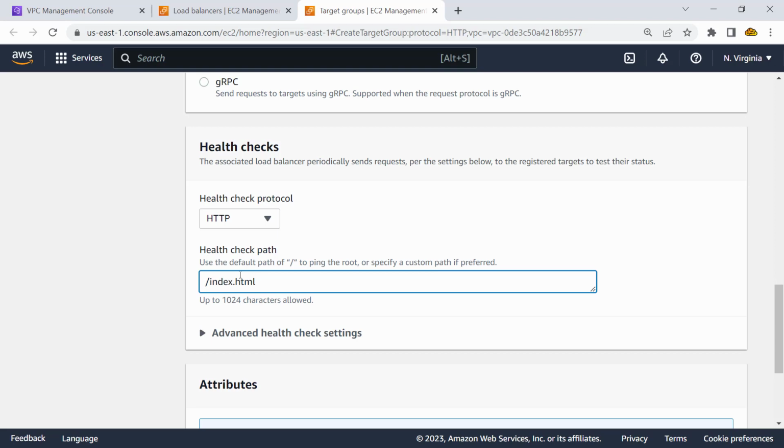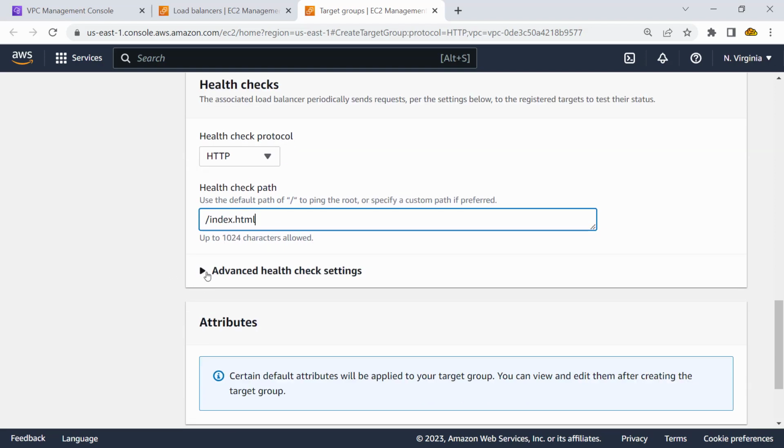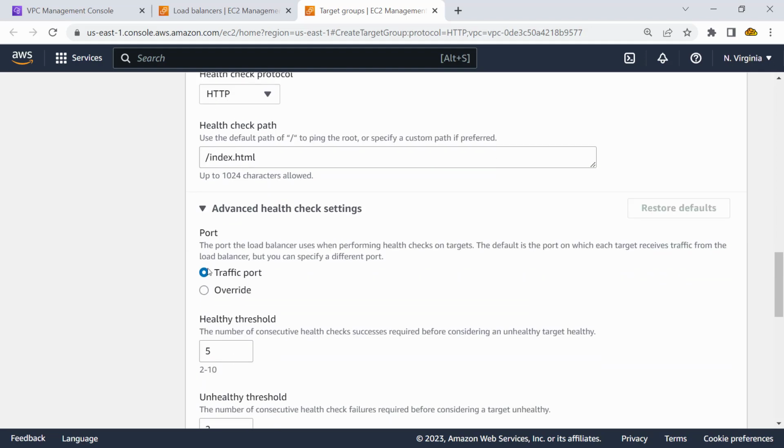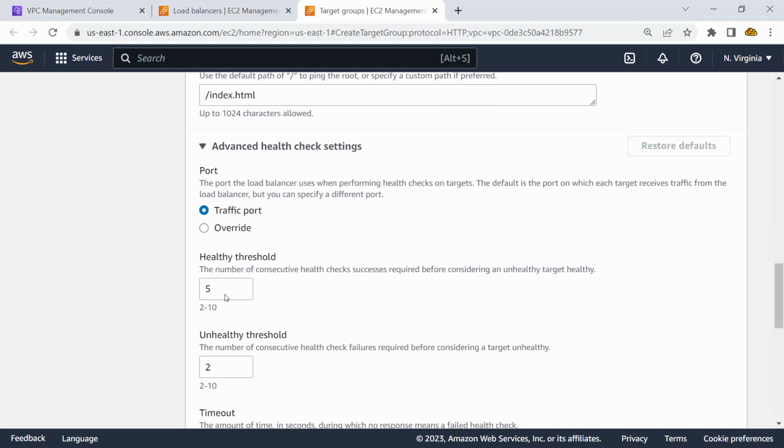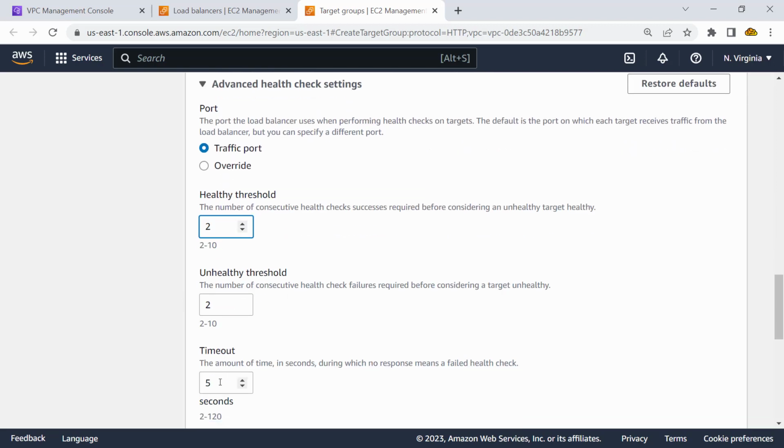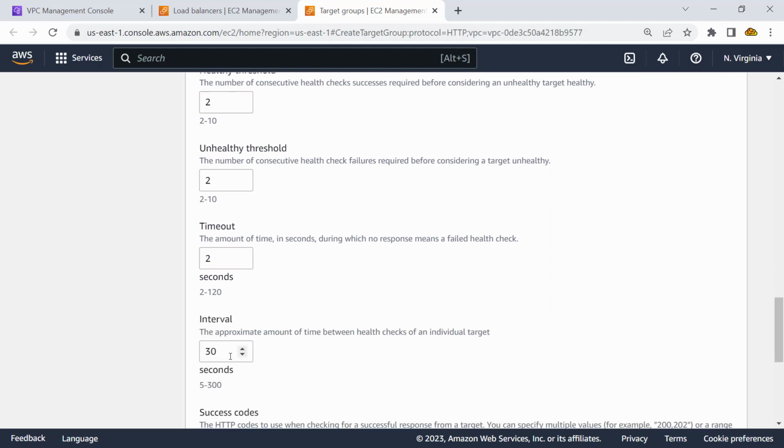So load balancer won't forward traffic to unhealthy instances. So we need to ensure that whatever health check we are configuring is there on the instance and it responds. We could configure some setting like port number, any threshold for it. I am keeping its number lesser so that we can get results faster. But depending on your use case, depending on your application requirement, you would be keeping a different interval and timeout